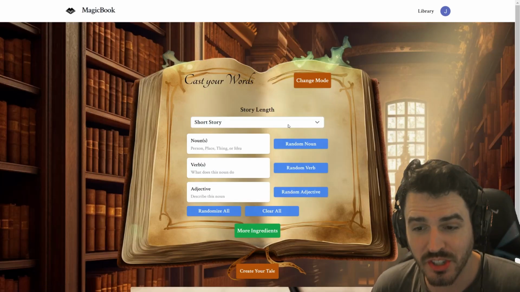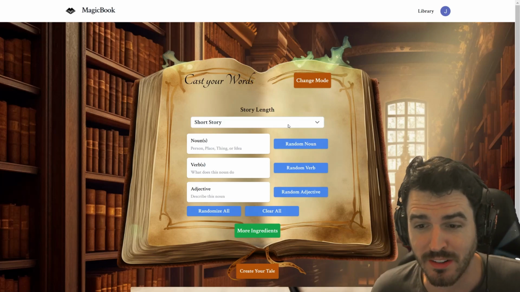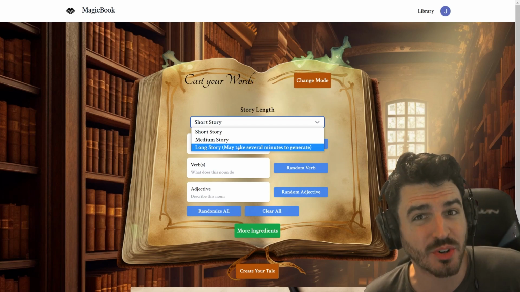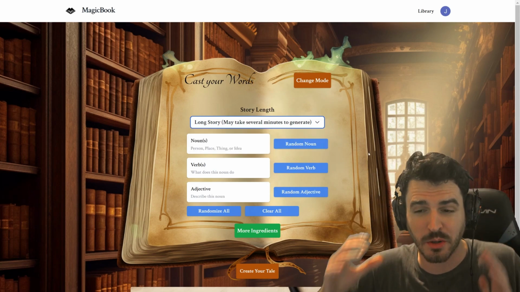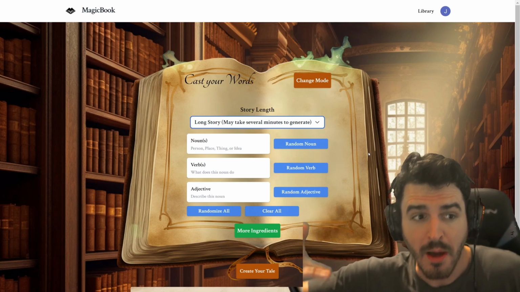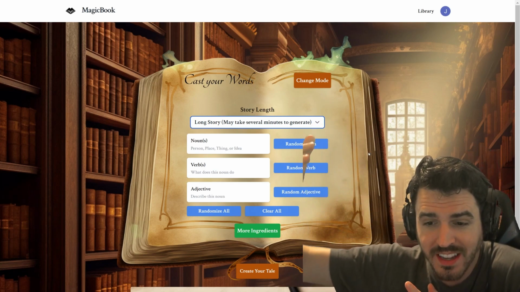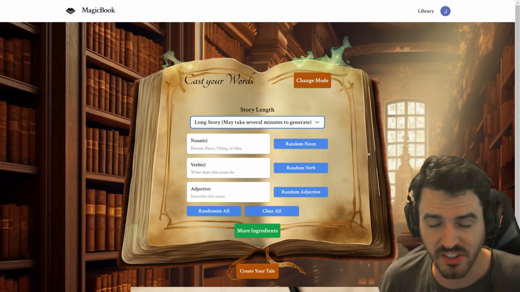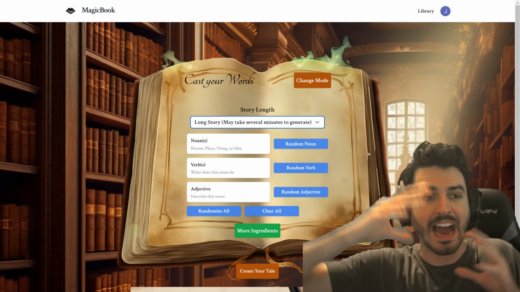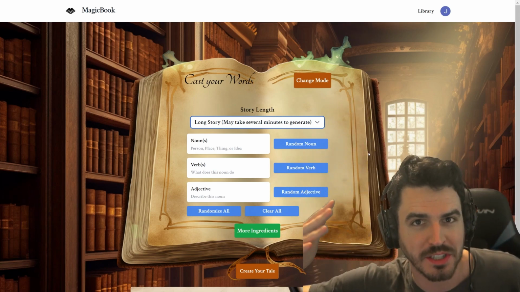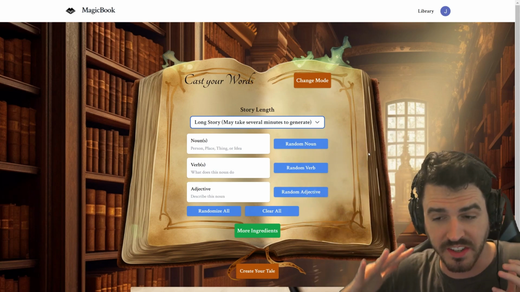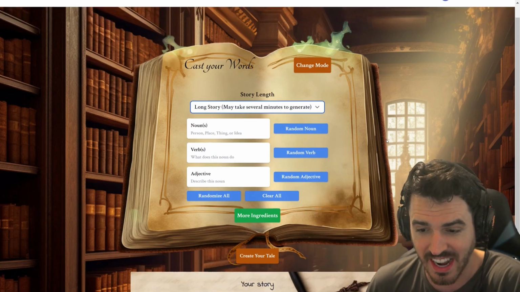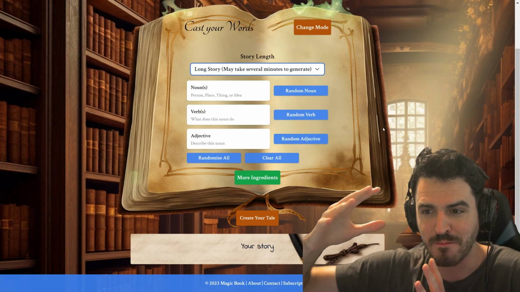But one more thing I want to show you guys is I believe the last time I showed off Magic Book, all we had were short stories and medium stories. Well, now we have long stories as well, which are 10 chapter masterpieces. These take several minutes to generate because we have multiple layers of prompting that happens before you actually see the first chapter start to get generated, because we need to create an outline, decide what our plot twists are going to be, actually write out all the scenes, and then we give the LLM a prompt based off of each scene to actually create a longer, more in-depth story.